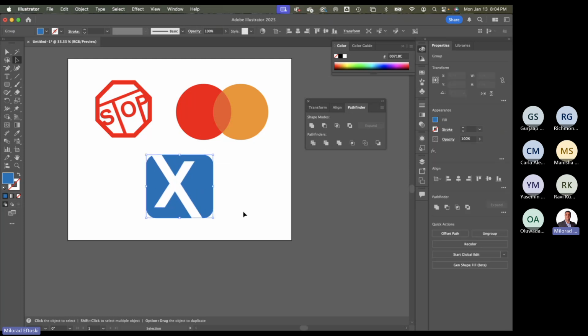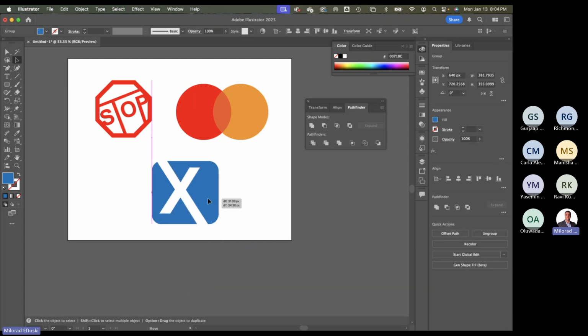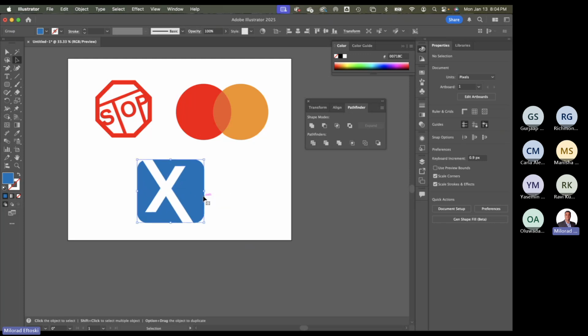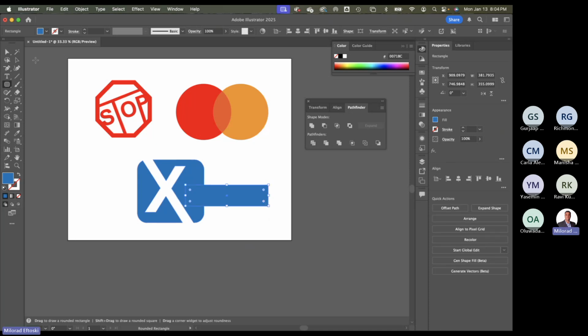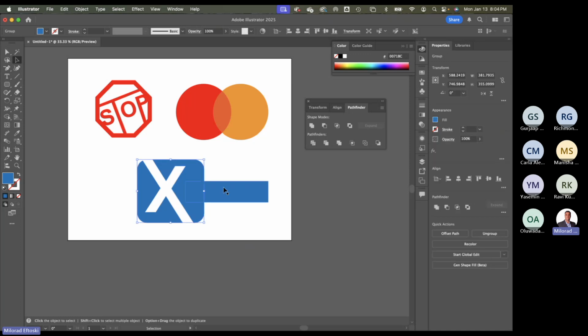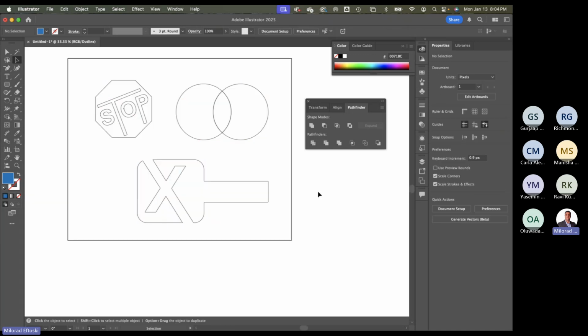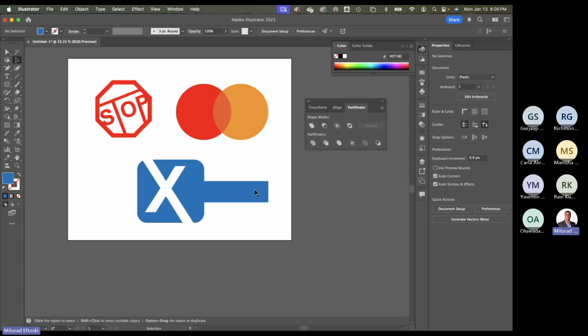So there's kind of how you can do something really cool with this, together with using objects and shapes. Well, then of course you can add letters and stuff. Like I can create another object here, merge these two. So I'm gonna shift select these, unite. So now I have something that looks like that, right? Looks like a key,